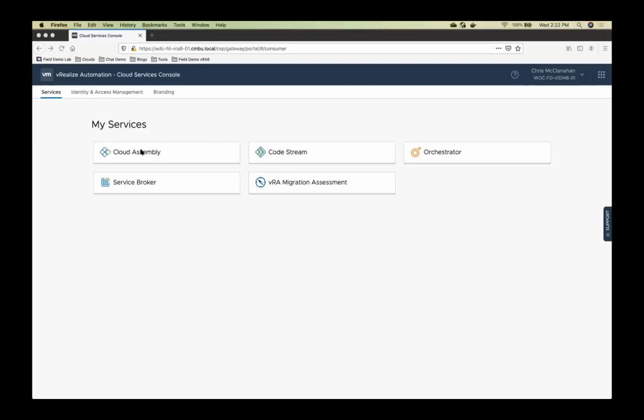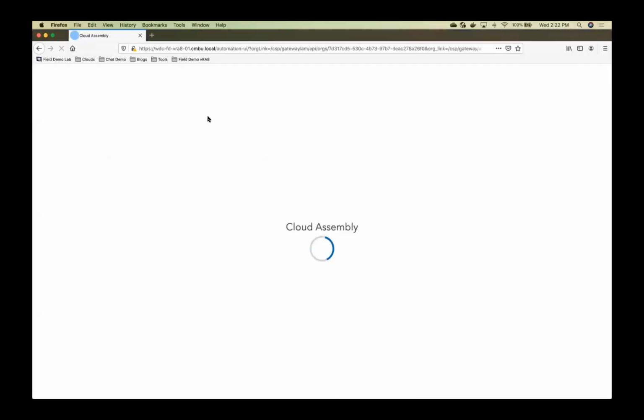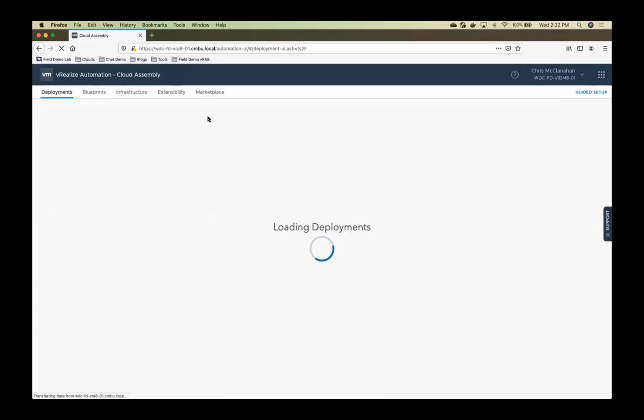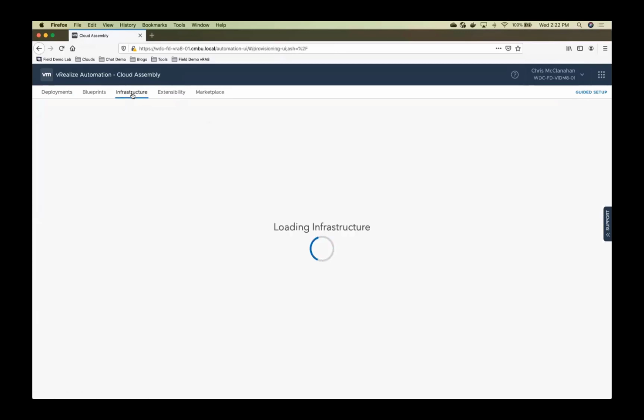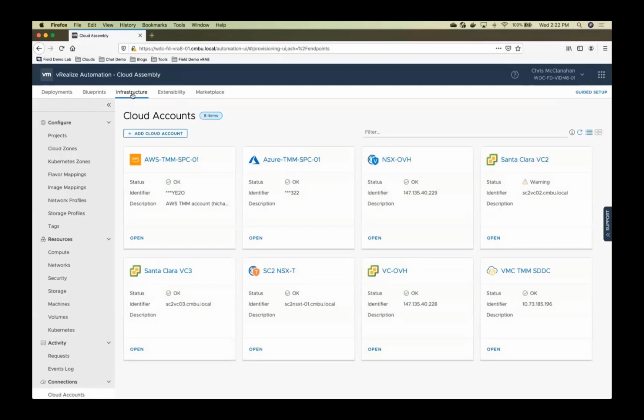So the first thing I'm going to do is jump into Cloud Assembly. And this is really the tool that I use as an administrator to make that carving up of the environment happen. You can see Dave's deployment still running here, and it's building up. But we're going to talk a little bit about how I carved this environment up so I can give Dave all of the options that he needs